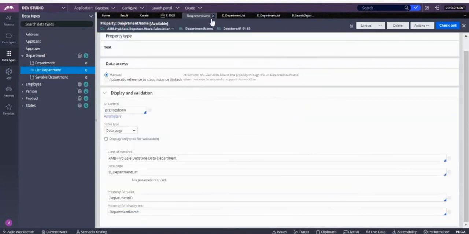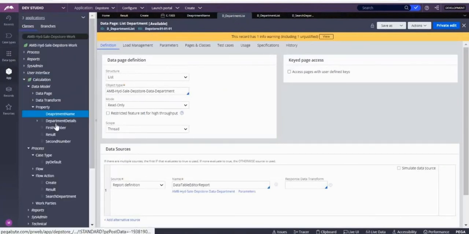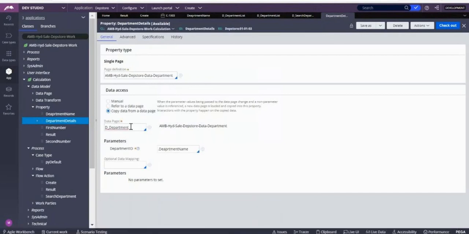Now, as I created one property, in this department details, instead of calling the old data page, I'll call this search data page. I'll call search department.